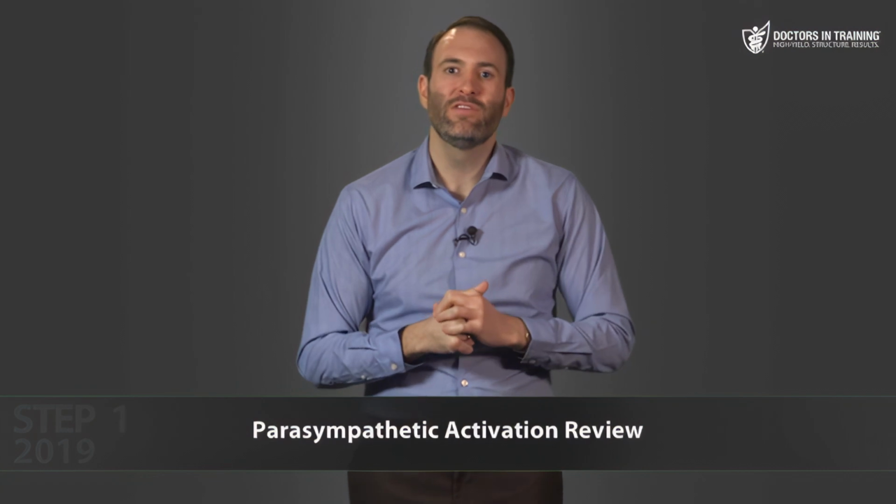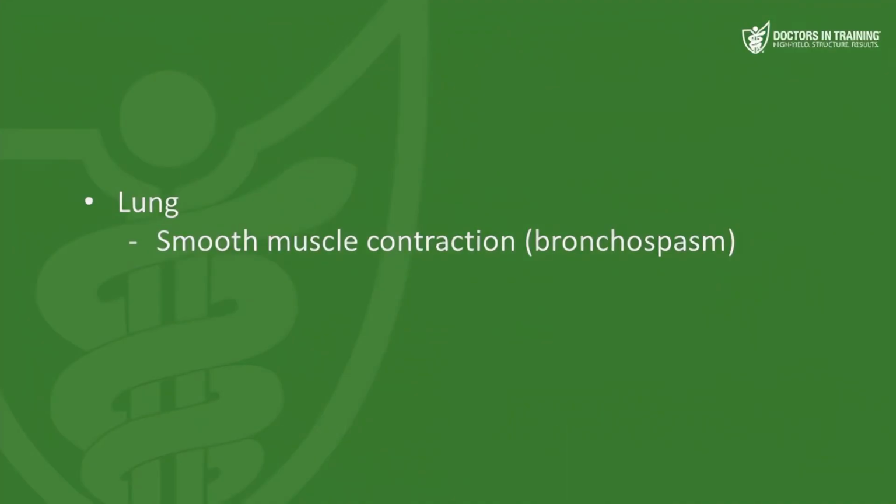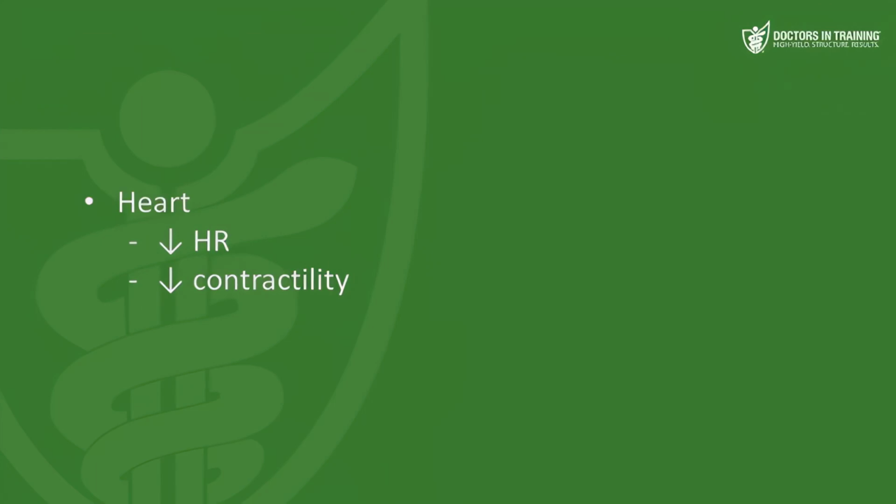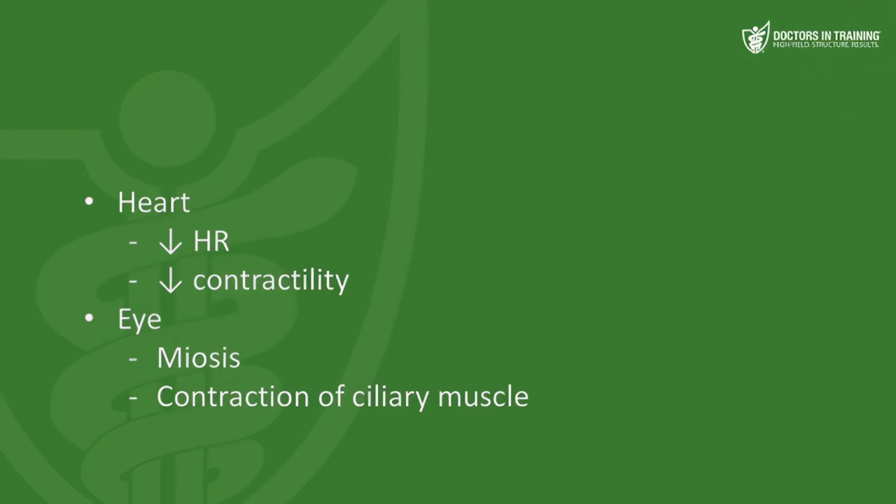Now, in the last lecture, we filled out a table that listed the effects of stimulating the parasympathetic nervous system. Let's review that very quickly so we can predict what happens when we inhibit that stimulation. So remember, in the lung, we saw that smooth muscle contraction, so that led to bronchospasm. In the GI tract, we had increased muscle motility and tone, so you got more digestion and transit through the intestines. Those salivary glands are going to make that copious watery secretion. In the heart, you're going to have a decreased heart rate, decreased contractility slightly. In the eye, you're going to get miosis, that's constriction of the pupil, contraction of the ciliary muscle, which leads